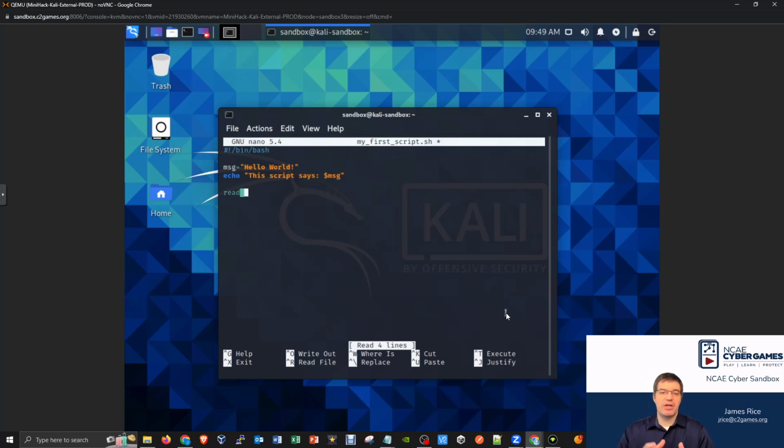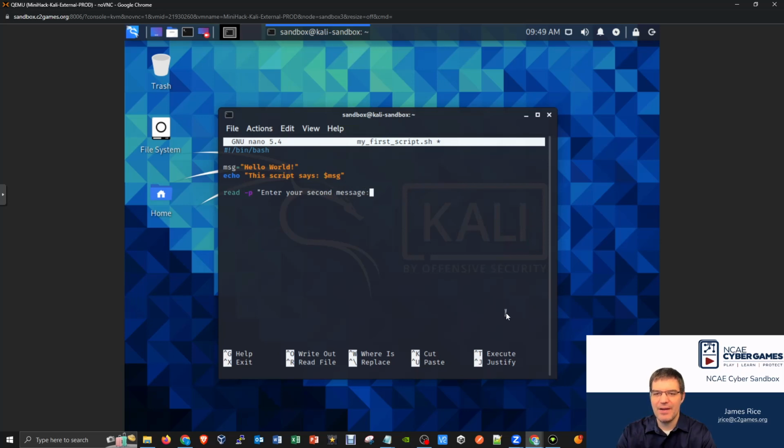The read command is a command that you can prompt the user with a message, take whatever the user has typed and save it to a variable. So that's going to be some important stuff here. I've got the read command, and then I'm going to have a prompt. So what is my prompt going to be? That's where you'd have the -p to say, let's prompt the user with a message. Because otherwise, they're just going to have a blinking cursor there, and the user's not going to know, am I supposed to type something? Like, what's going on? And so it's very common you would have something like, open quotes, enter your second message,